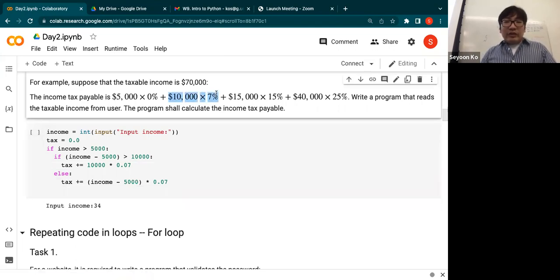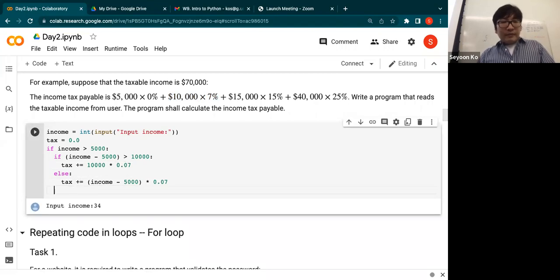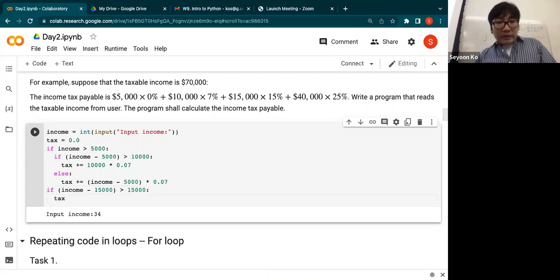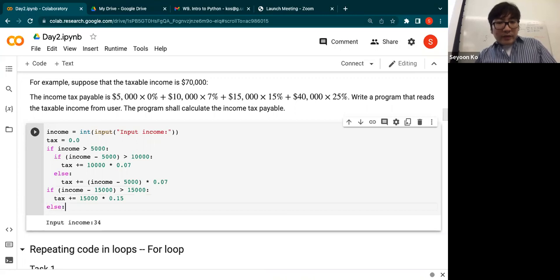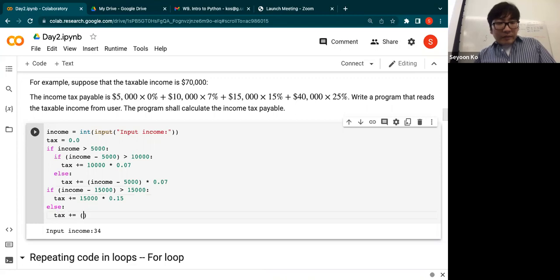And then I think we are done with this part. And then if income minus 15,000, 5,000 plus 10,000, is greater than the next 15,000, we add to the tax 15,000 times 15%. Else, we add to the tax income minus